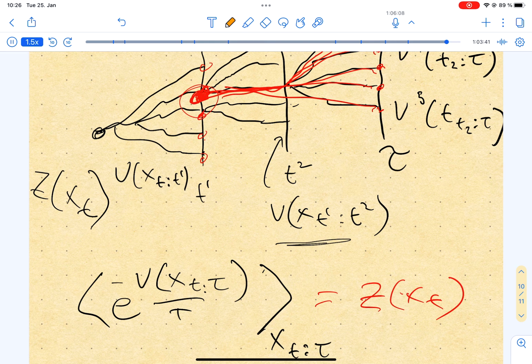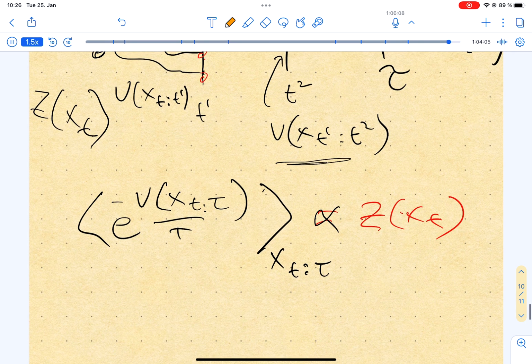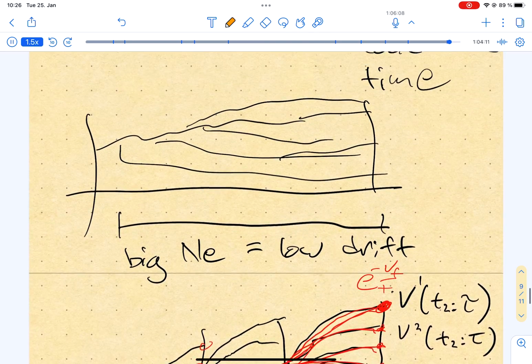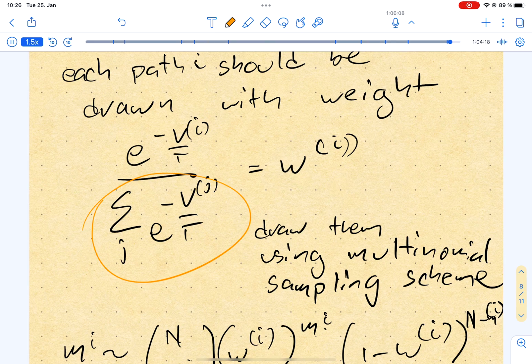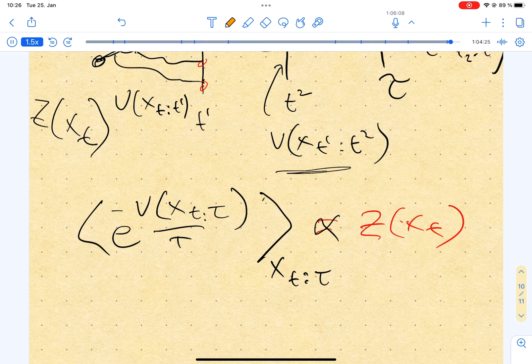So it's just how much mass flows back along this family tree after resampling at each time point. But there's a catch, and that's that we've lost track of the actual value of this. This is really just proportional to. We've lost track of the normalization factor when we do these resampling steps. Or rather, we add in this extra normalization factor. So that means we only have access to things that are proportional to z at each time slice. But that turns out to not really be a problem, because in the end, we're interested in calculating things like the energy